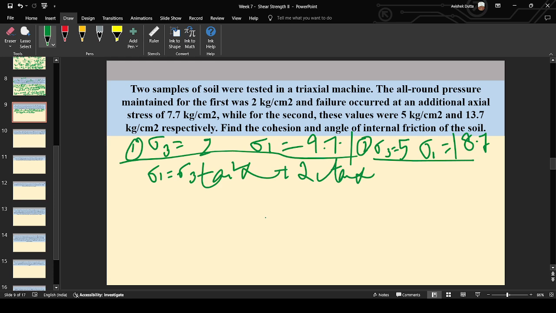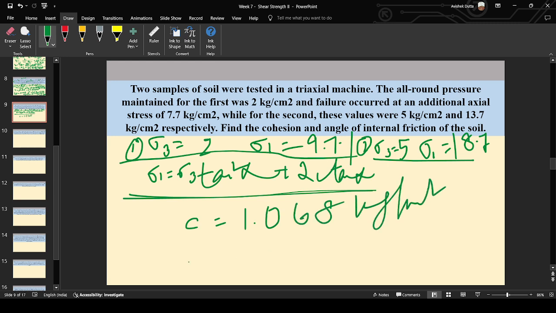From which the value of c will be approximately 1.068 kg per cm square, and the value of